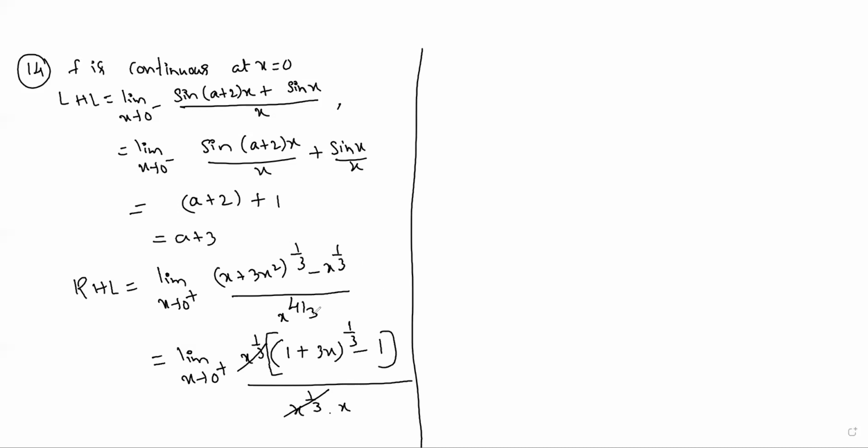Now also if you substitute 0, which one will I get? Clearly 0 by 0 form only will get. That's why here we will do now one small thing. We can apply what here? L hospital rule we can apply. Now otherwise we have a direct formula, that is limit x tends to 0, 1 plus ax... or this method is not required. You go for the L hospital rule only, best way. Okay. Now, L hospital rule, same manner.